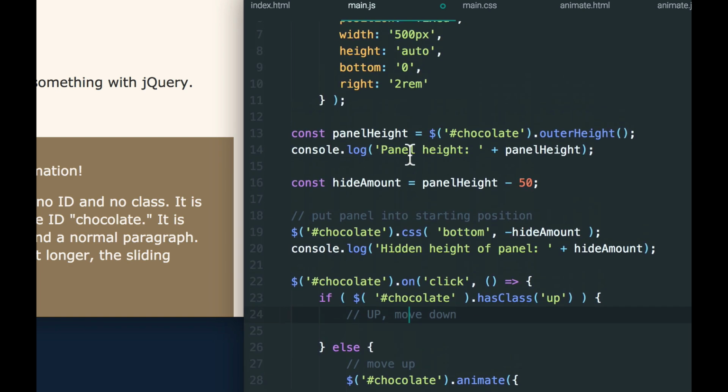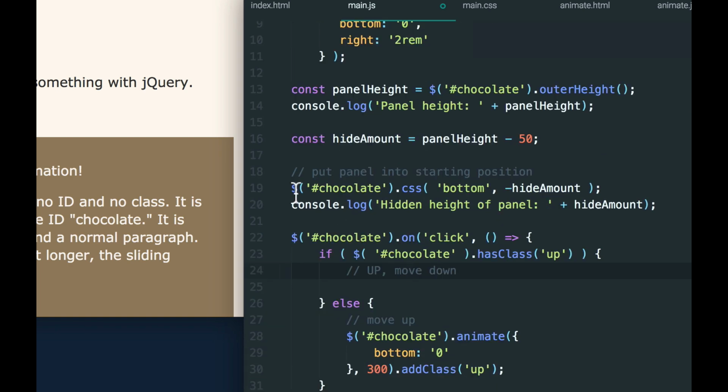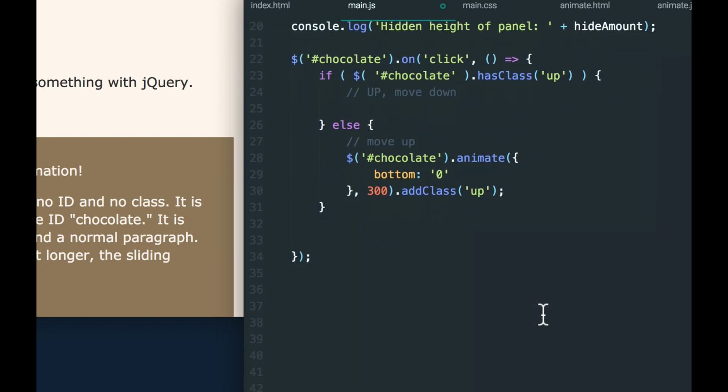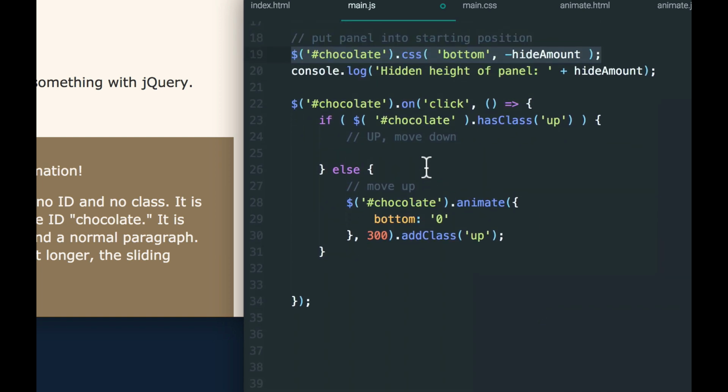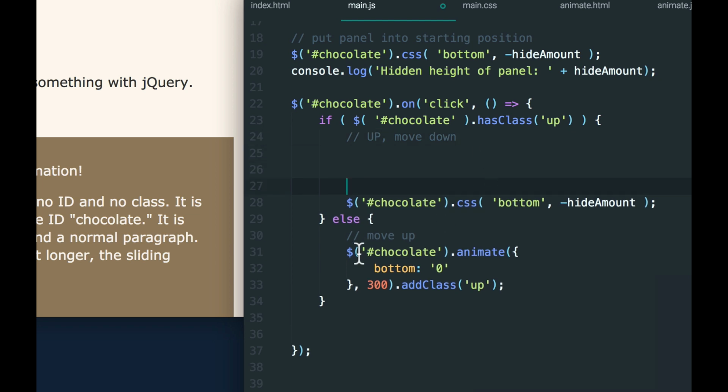Well, we already did that when we positioned it, right? This is where we positioned the panel to be in the down position. So I'm going to copy. I'm going to go down into the down part here, right? But it's not quite that. We need to animate it. So let's save that, right? Grab this code,